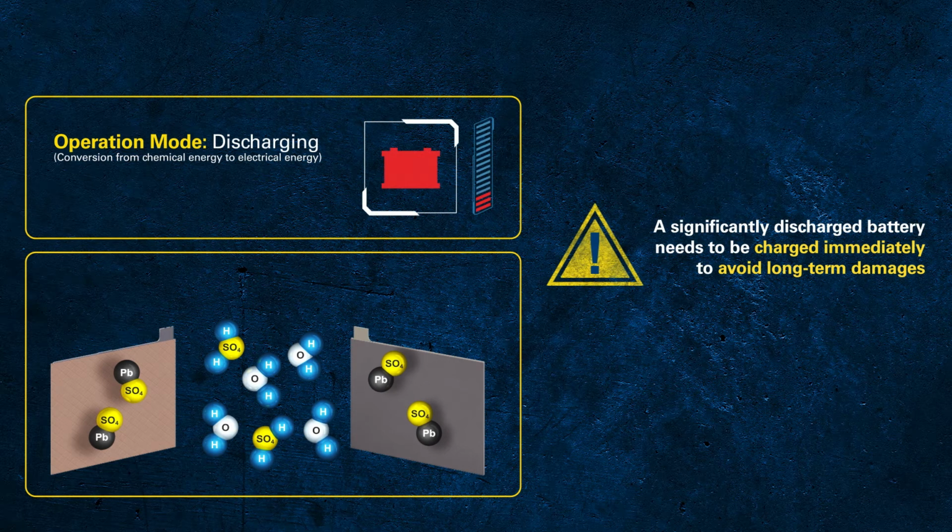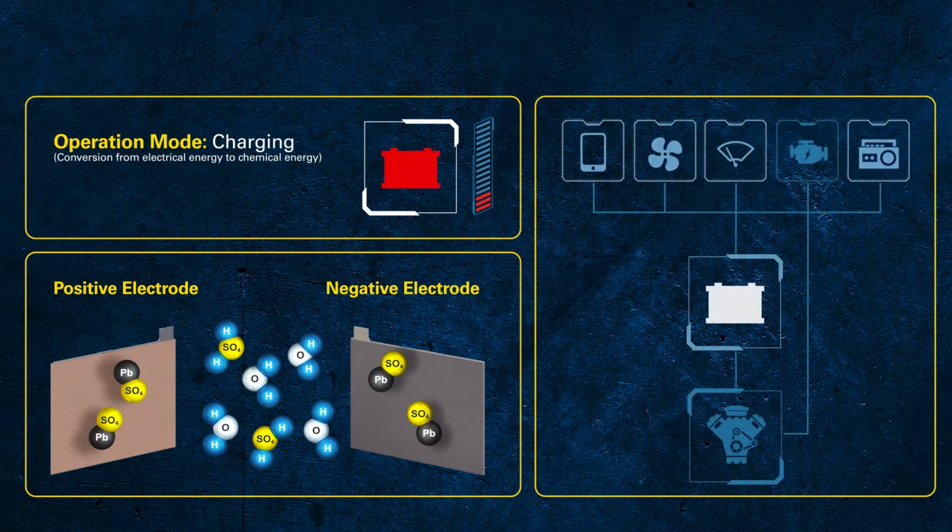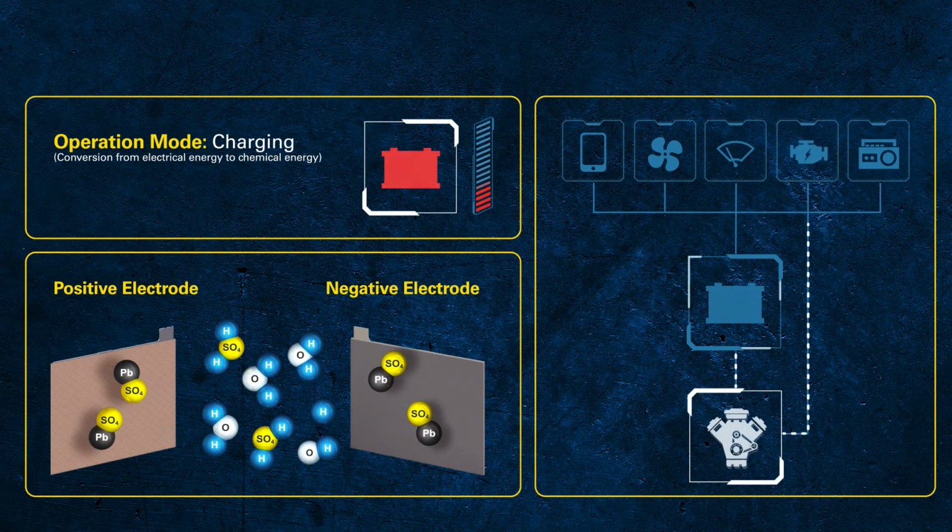It's important to remember that a battery that has been discharged to such a low state is recharged immediately to prevent permanent damage. So let's do that. With the remaining energy, the battery needs to crank the engine in order to make the alternator run to recharge the battery. Once the engine is running, the alternator provides power to the battery and the electrical consumers in the